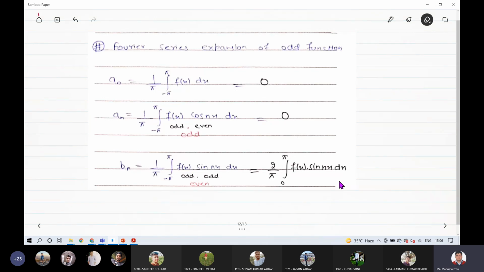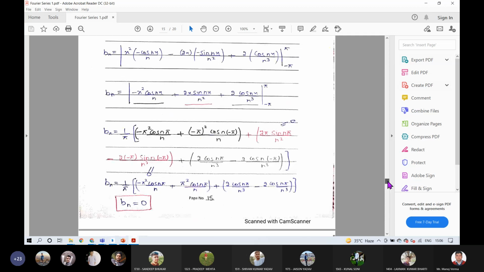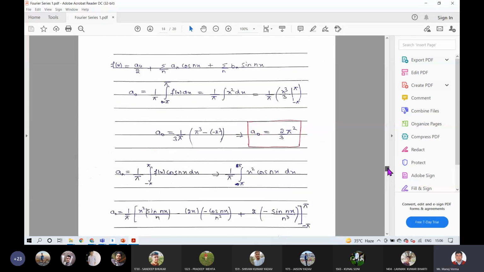A naught and an are 0, bn you have to calculate. Now, this property I have shown to you, but in the first lecture I was solving f(x) = x and f(x) = x square. In those cases, if you can see,